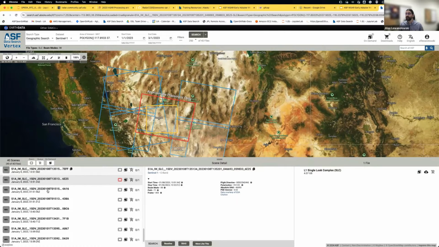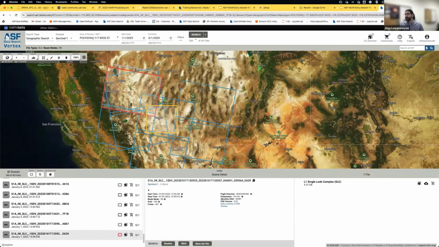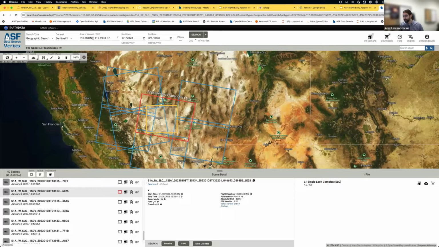You'll see that there are 40 scenes found in total for that time period. So with this, you can select different frames on the map here, and it will highlight the selected frame on the left here, and it will also show you some scene details here in the middle. And so if I select that frame over my area of interest, I can identify that it's on path 71